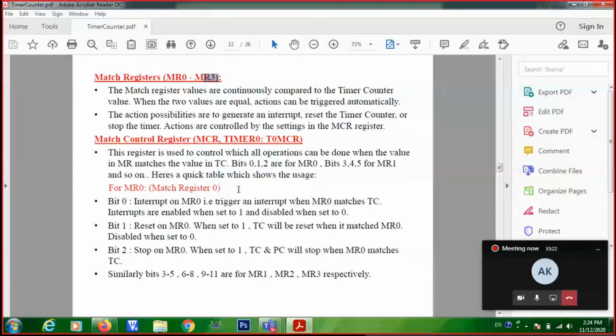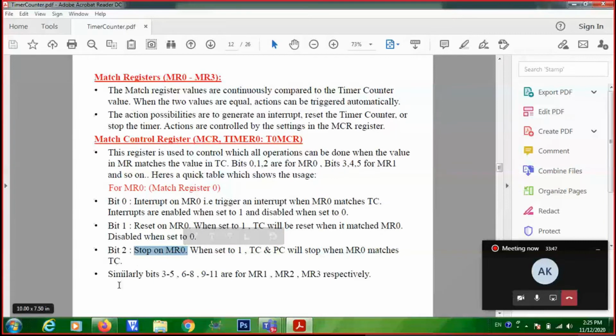And there will be a match control register, right? In that, the 0th bit is used for configuring an interrupt on MR0. The first bit is used for resetting the timer counter on MR0. The second bit is used for stopping the timer counter on match with MR0.